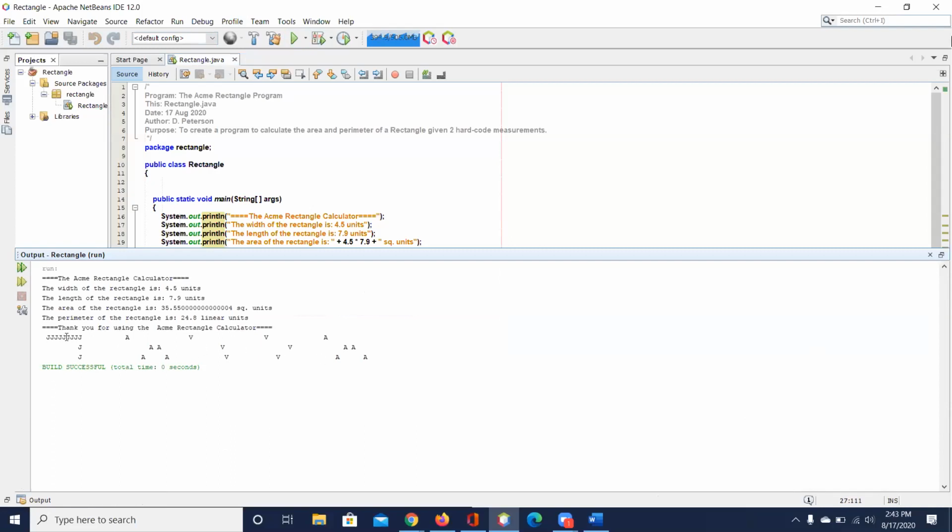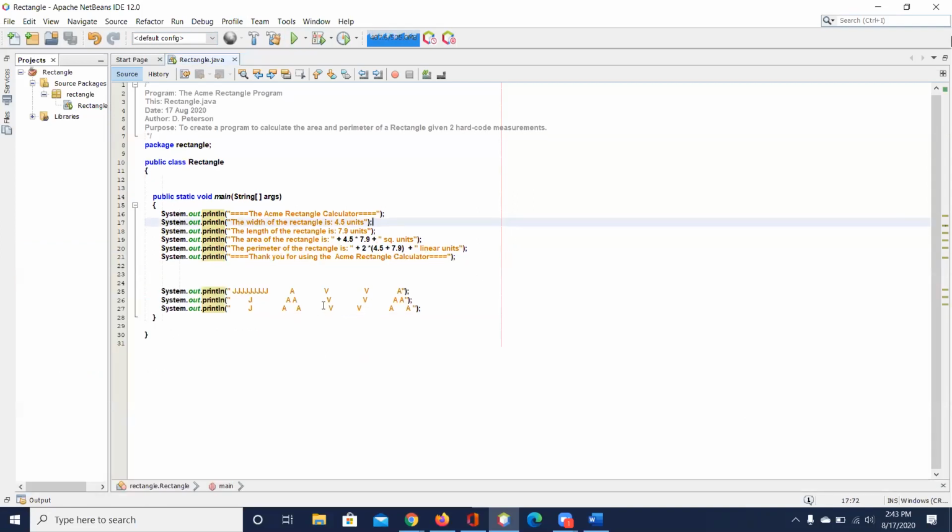My Java here is all screwed up. Why is that? Print line, print line. That's interesting. Why is that one line off kilter?